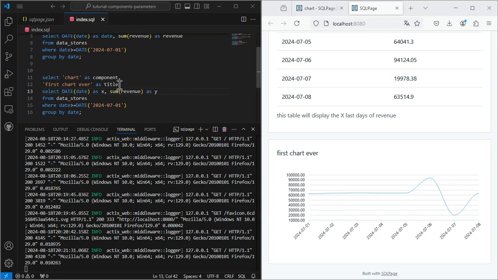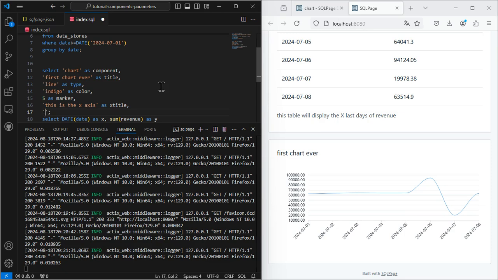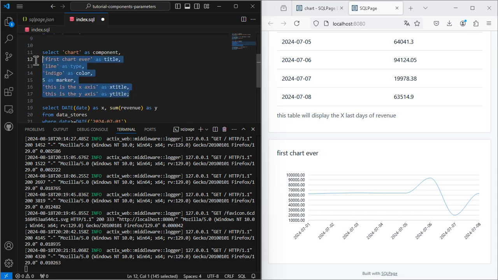All these are obviously top-level parameters. We added some top-level parameters.